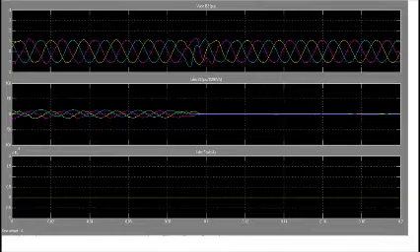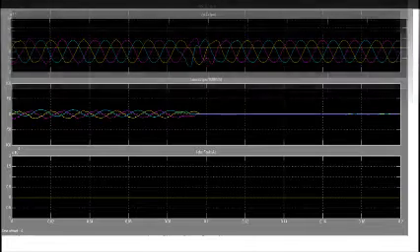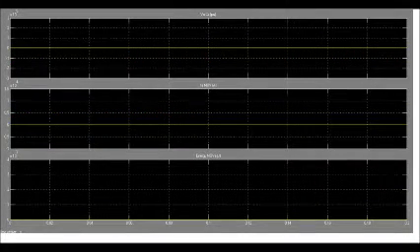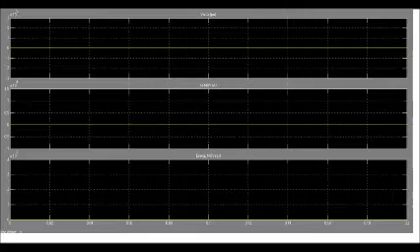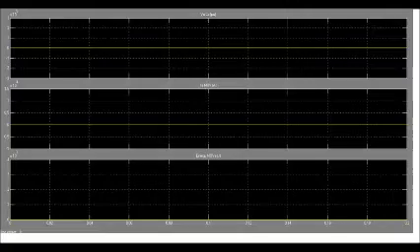Start the simulation. As the system has already been initialized at 1500 megawatt generation at the 13.8 kilovolt bus with the load flow utility of the power GUI, the simulation starts in the steady state. At t equals 1 second, a line to ground fault is applied and the fault current reaches 10 kiloamperes. During the fault, the MOV conducts at every half cycle and the energy dissipated in the MOV builds